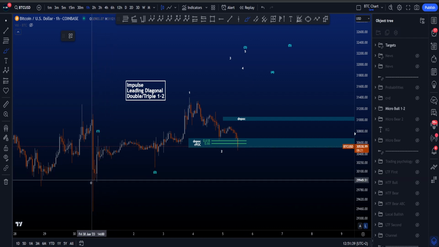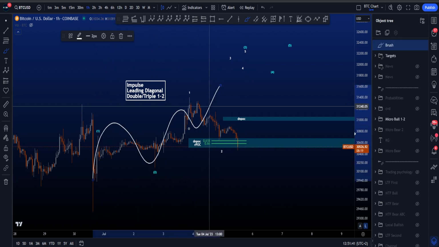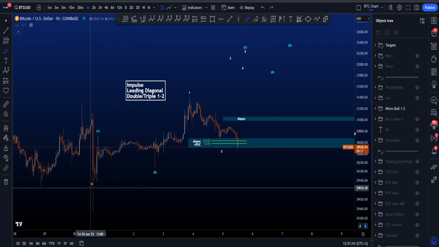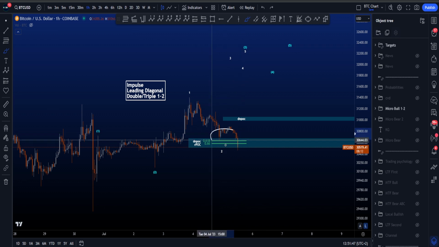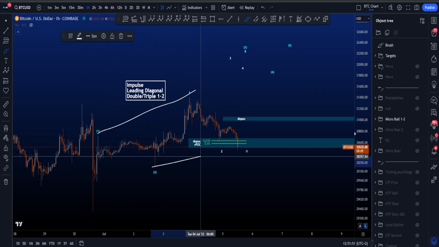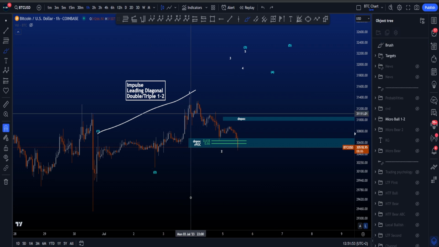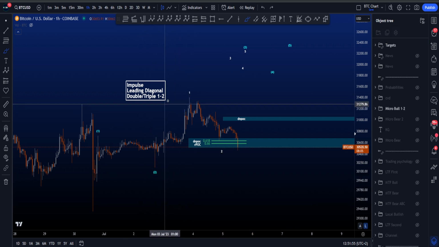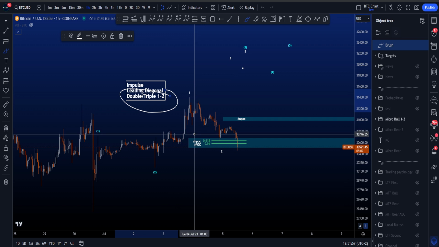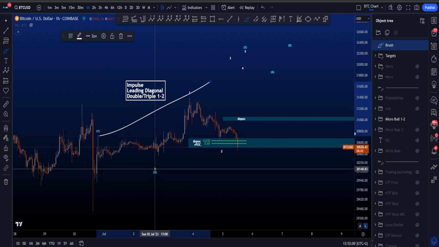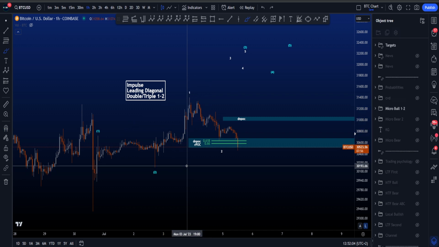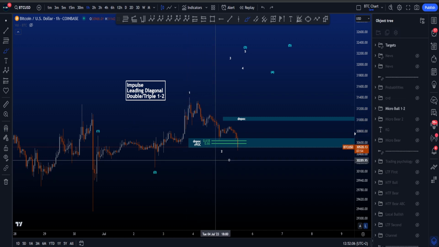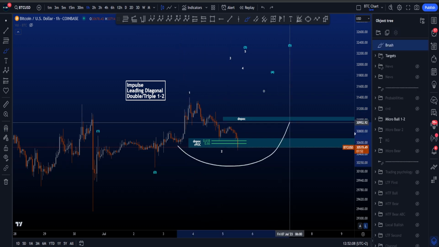And again, is this an impulse, a 5-wave move to the upside? Where if that's the case, and this is then a 1, 2, 3, 4, 5, we never got wave 5. Wave 4 is too long. 4 has overlap with 1. Doesn't make sense. Leading diagonal, well, this is an expanding diagonal, which is very rare, so you don't really like to see that. And then a potential double or triple 1-2. Well, again, preferred a contracting diagonal, which is not the case anymore. So yeah, it doesn't look very nice for the bulls at the moment, but this is the only bullish scenario